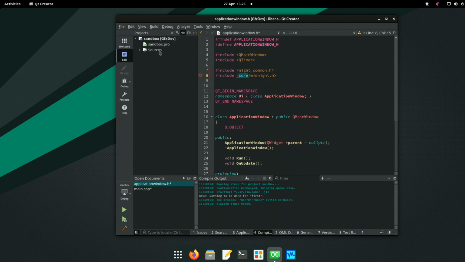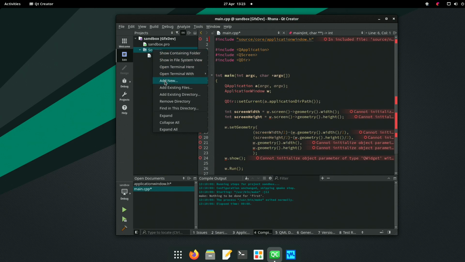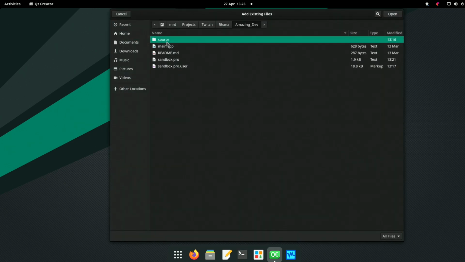But ours is source, core. Yeah. We also haven't added the files. Ah, that doesn't help. So we've got main. Add existing files.